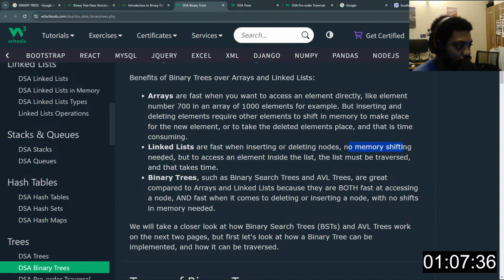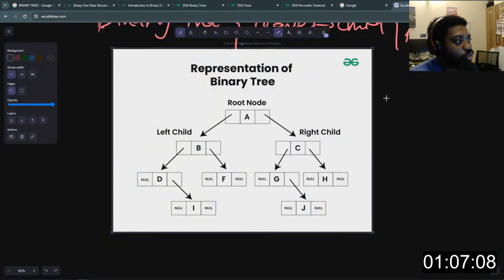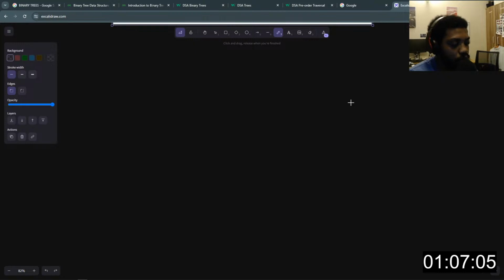No memory shifting needed. You can say linked list. I think linked list, even, well, it depends on what they mean by fast. But to access an element inside the list, the list must be traversed, and that takes time. Yes, so if we have 5 nodes, I'm not sure, I might be wrong, but I don't